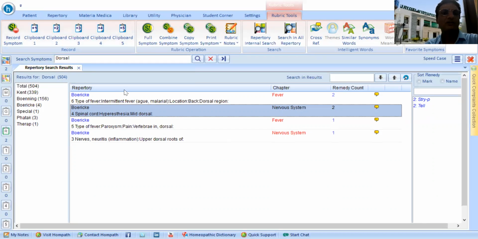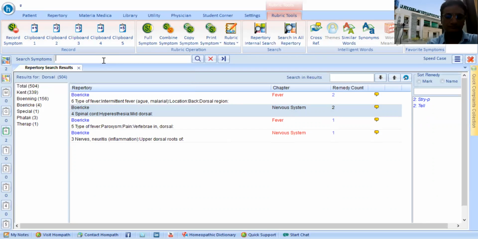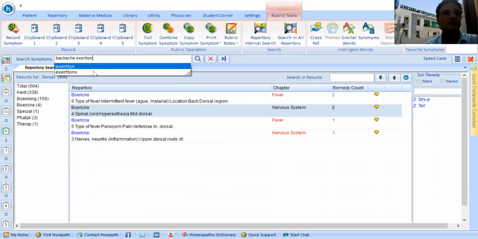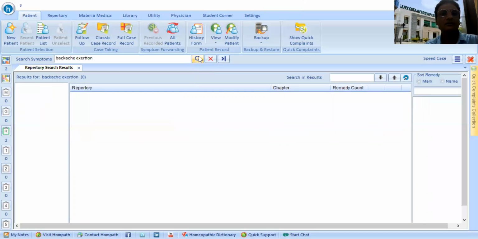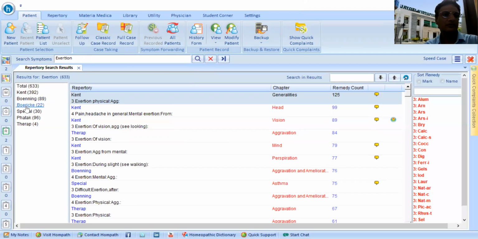Now the patient says that his pain is worse after exertion. So back, exertion is our rubric. For exertion, aggravation is our rubric. You have to select Boericke over here.